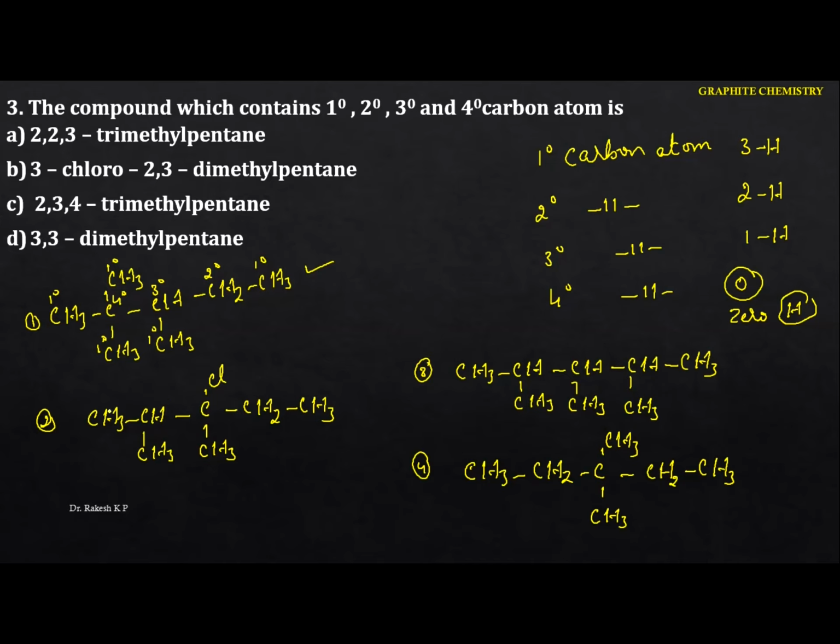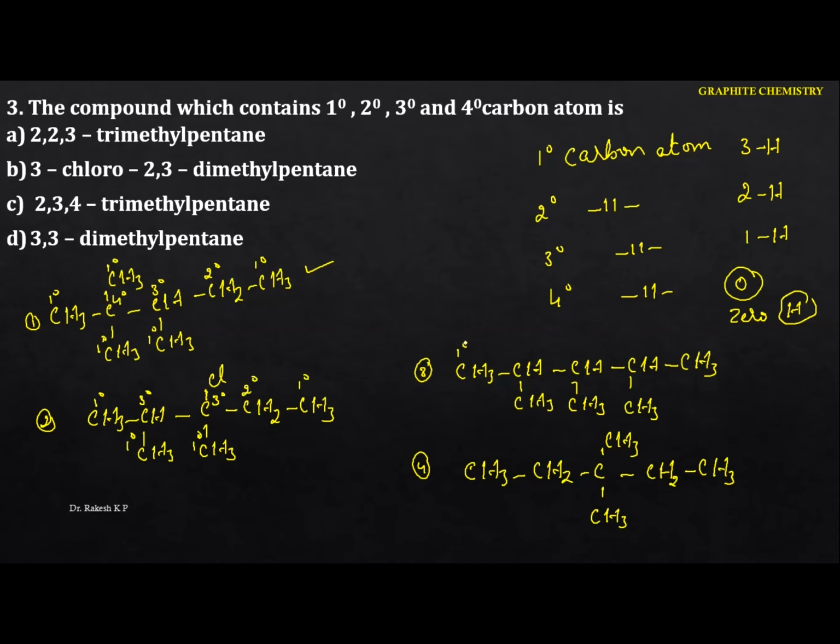Now see the next one here. This is primary, this is tertiary, this is primary. This is not quaternary, because whenever it forms an alkyl halide, the hydrogen of the hydrocarbon is replaced by the halogen. So this is tertiary, it is not quaternary. Because we know haloalkanes are derivatives of alkanes in which one or more hydrogen atoms of alkanes are replaced by halogen. Hence this is not quaternary, it is tertiary, and this is secondary, this is primary.